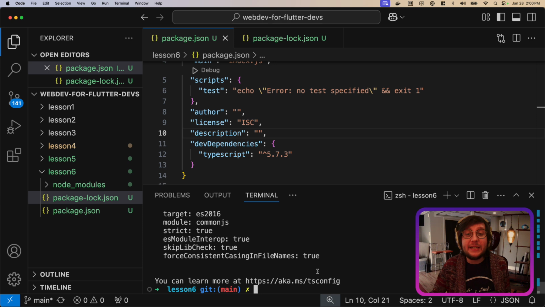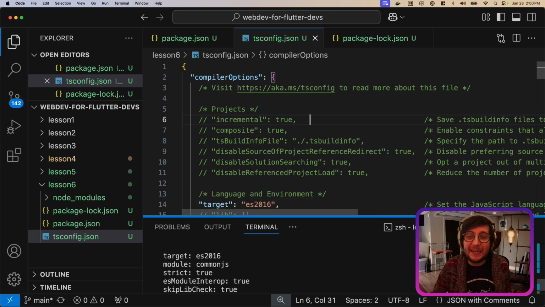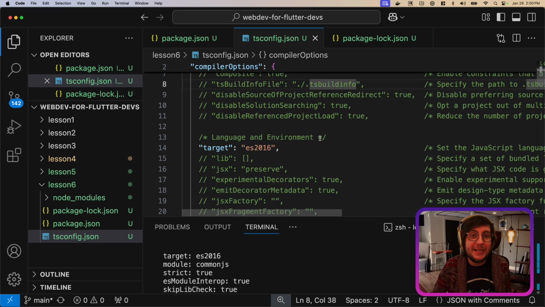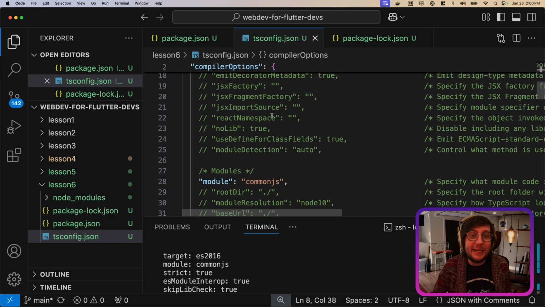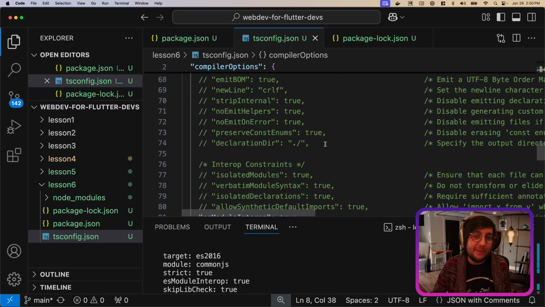And this is just giving us now a way to have our TypeScript. So it's created a tsconfig.json. You can think of this kind of as like an analysis options or like your build runner options. And it has some settings in it, like what kind of modules and stuff like that. There's a whole bunch. You can read through it, but